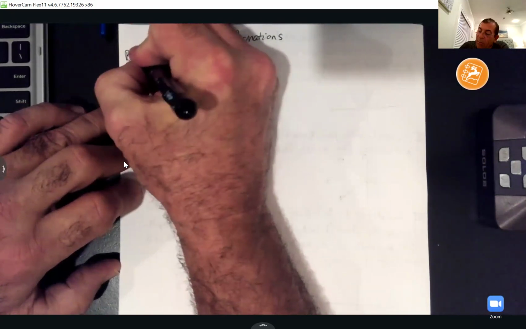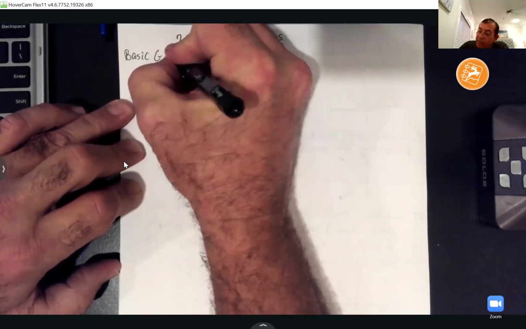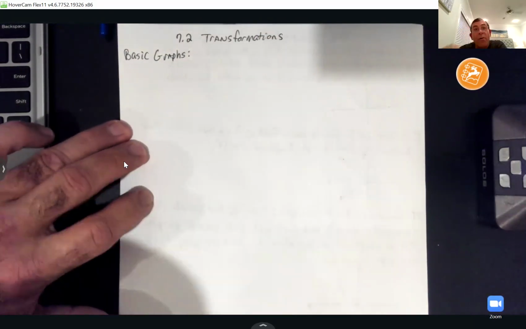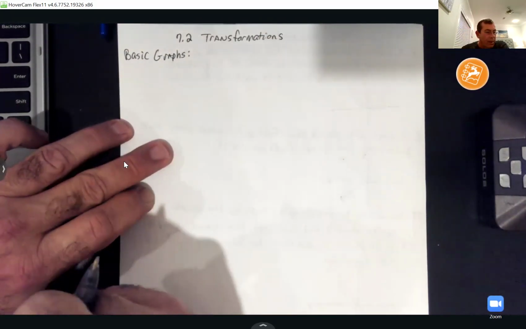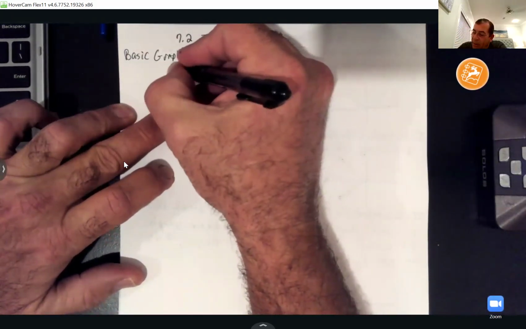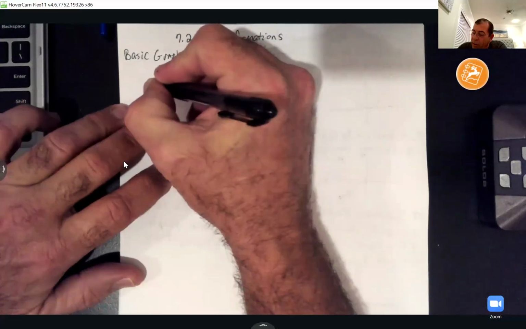So before we look at the 3 types of transformations, we're going to look at what we call basic graphs. Because these are going to be the graphs that we move around, okay? And I got 6 basic graphs we're going to look at in this section. So the first one